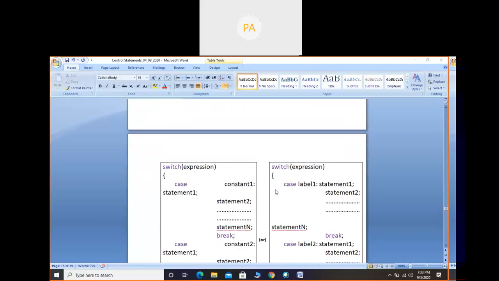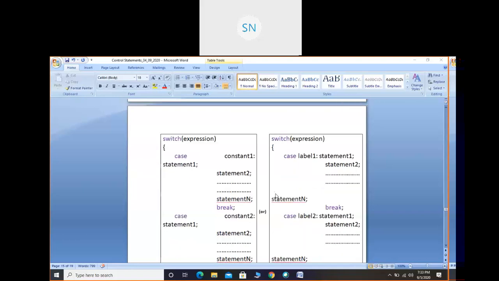One question here. You are talking about the break statement. So what exactly is that? You mentioned case constant 1 statement 1, statement 2. It's similar to the if, else if, else ladder, right? What is the difference between an if-else statement and a switch statement? What exactly is the function of the break here?